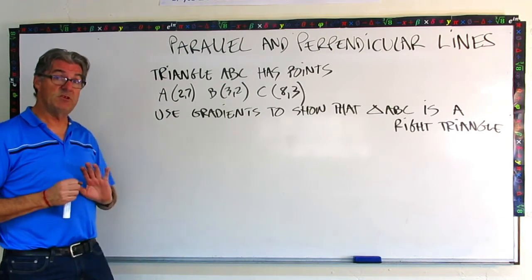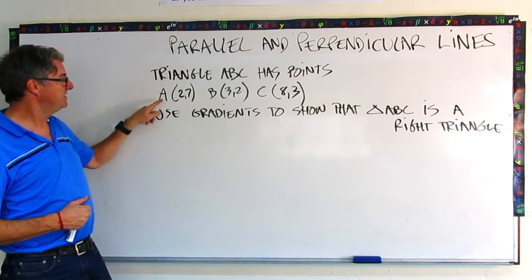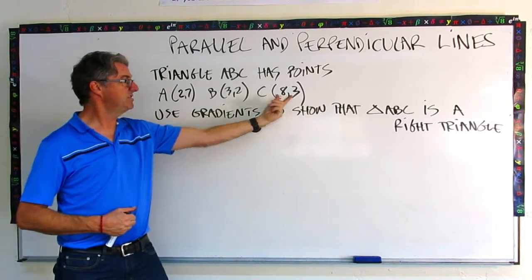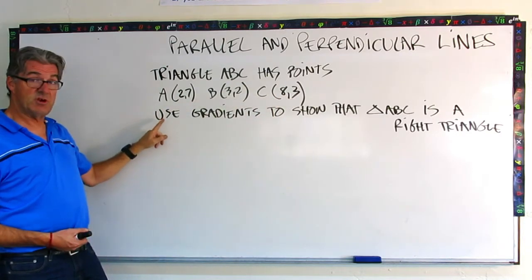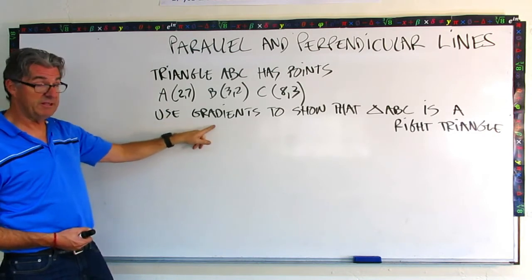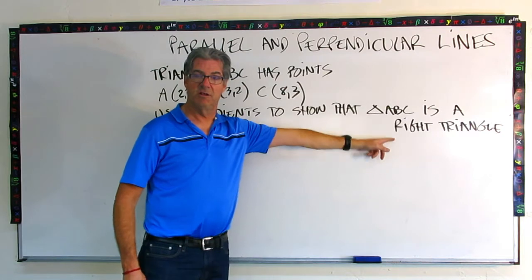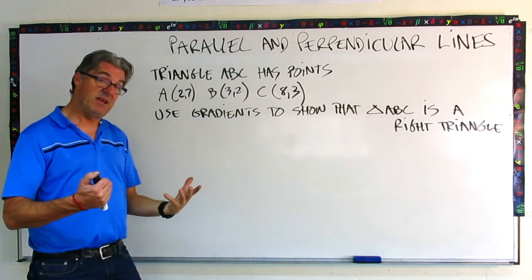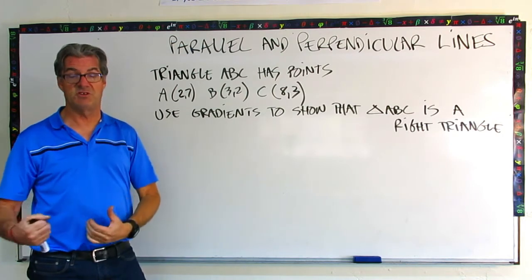So the type of problem you might get would look like this one. Triangle ABC has points A, B, and C. And you can see I've given you the coordinate points for each of those 3 points. Now the instruction here is use gradients to show that triangle ABC is a right triangle. Now, you might be thinking you could use the distance formula and the Pythagorean theorem to do this, and you'd